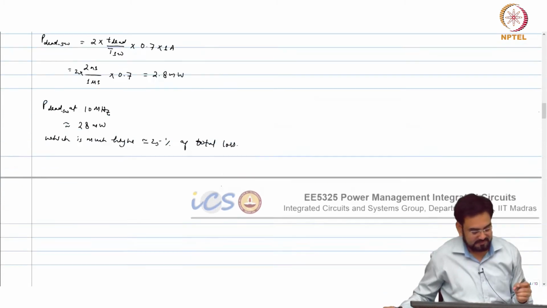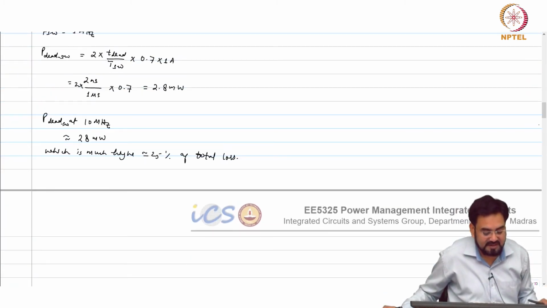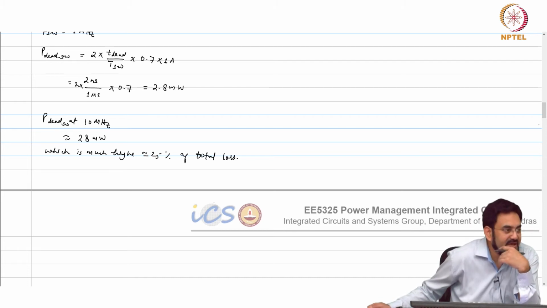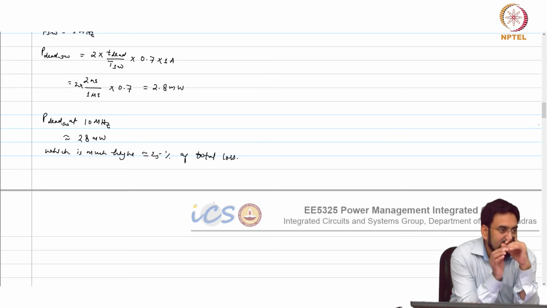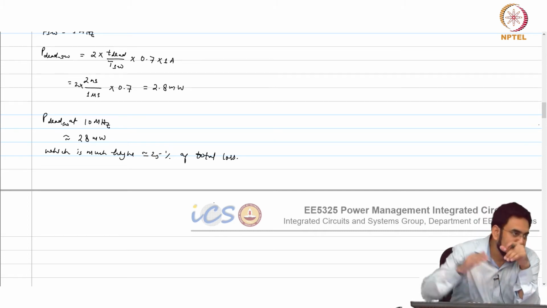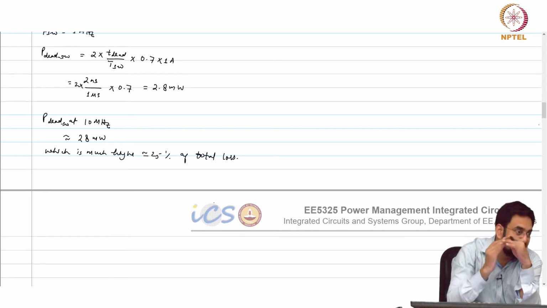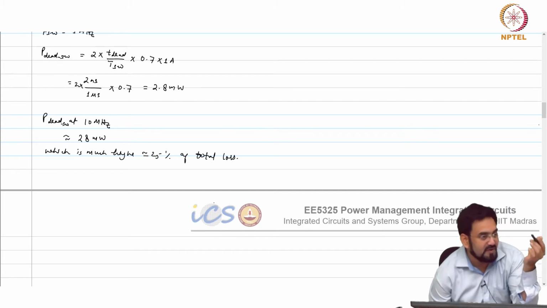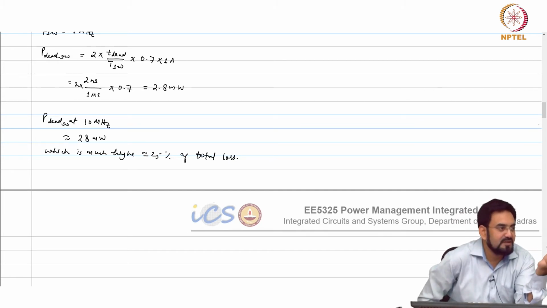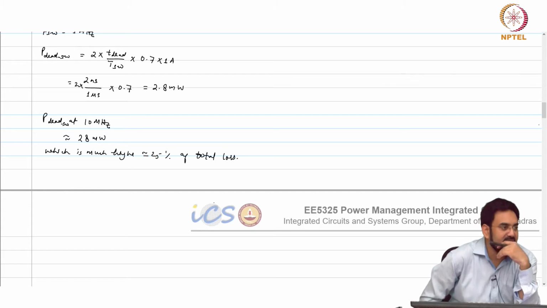But one thing you have to remember, when you operate at, let us say, 100 milliamp of current, then this will start dominating. So, then you have to calculate. You have to make sure that throughout the load current you maintain that efficiency as flat as possible. It is not that at peak load of 1 amp you get 90%, and when the load goes to, let us say, 100 milliamp or so, your efficiency drops to 60% or 70%. That will not be acceptable.